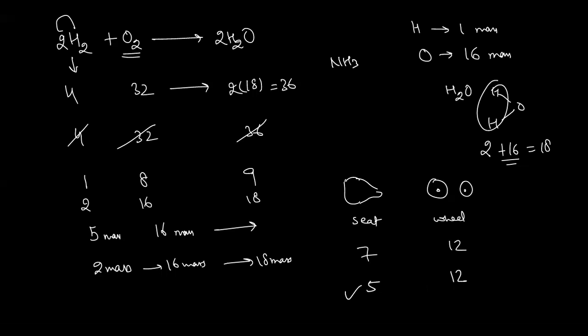In the similar way, if you are having a water molecule, it will be going to have 2 hydrogen and 1 oxygen, then it will be fixed. That 2 hydrogen means 2 mass, and 16 mass. 16 is for one oxygen atom. Okay, correct, that is fixed. For 2 mass, 16 oxygen will be required. You cannot change the ratio of their mass.